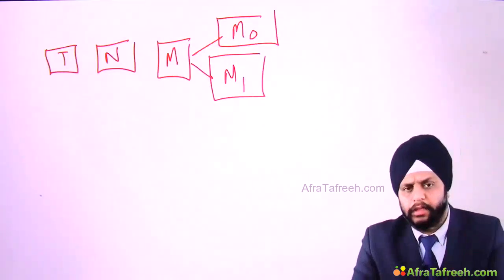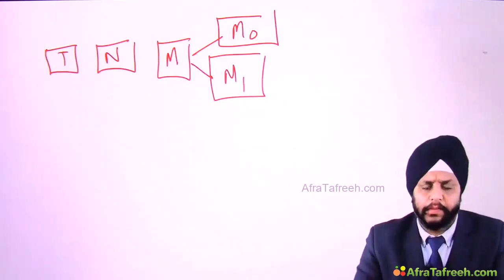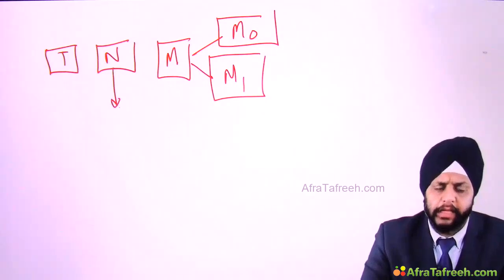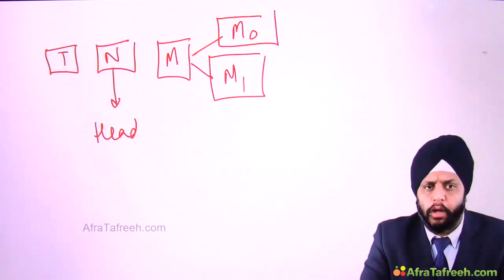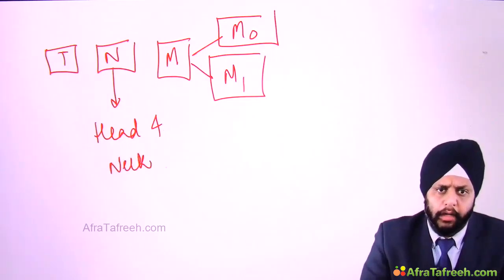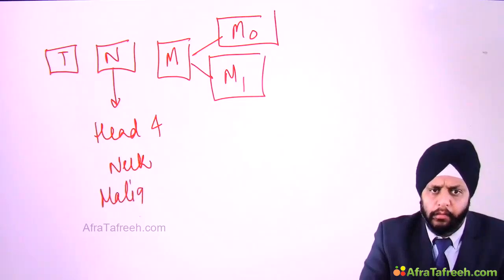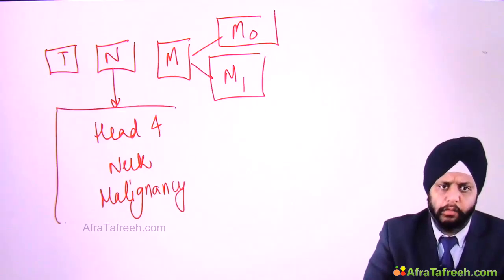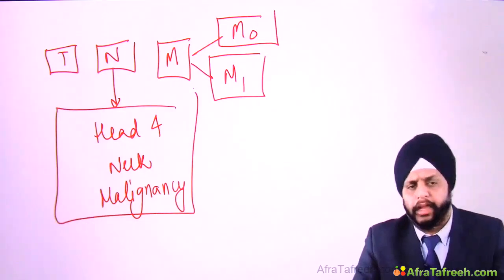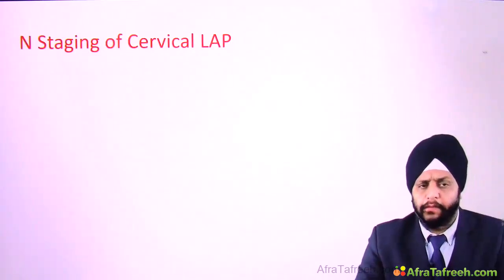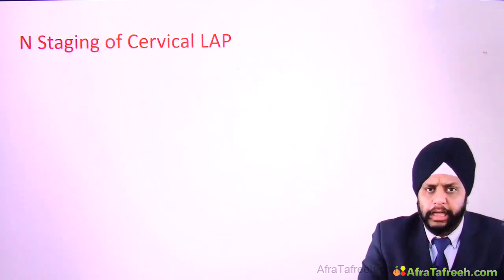So, we will discuss the N staging first of all for all the head and neck malignancies. All the head and neck malignancies involve the cervical lymph nodes, the lymph nodes in the neck. Okay, so let us do the head and neck malignancy N staging, cervical lymph node lymphadenopathy staging. For this, we can divide the N into 3, N1,